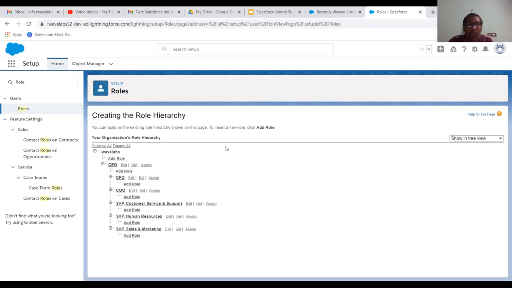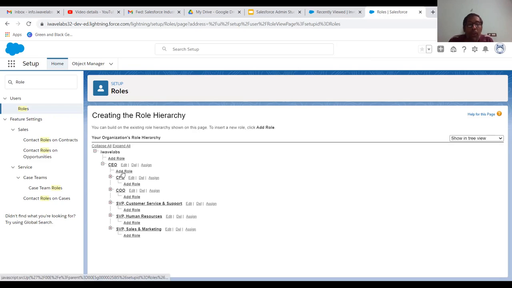The CEO role was already there, but the only thing is I had to assign the user. I've done it now. But under CEO, I want to create one more role. For example, a Vice CEO, or a director. Under CEO, I want to create a director or something else.